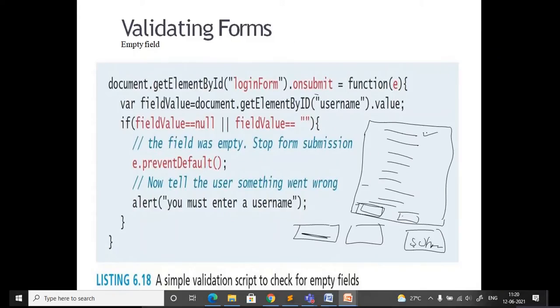For name, you need to check whether the field value is null. Write a function for checking this, and if it is null, raise an alert message, enter valid name. For the same name field you can add one more validation, checking that the name should not be a number. For that we have a predefined function. Just check the condition and put the proper alert message. For the same element you can add a number of functions for validation purposes.